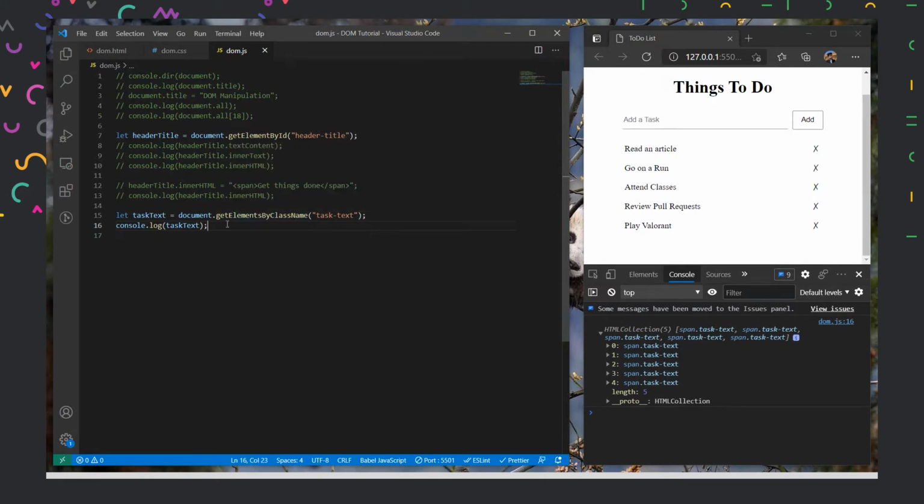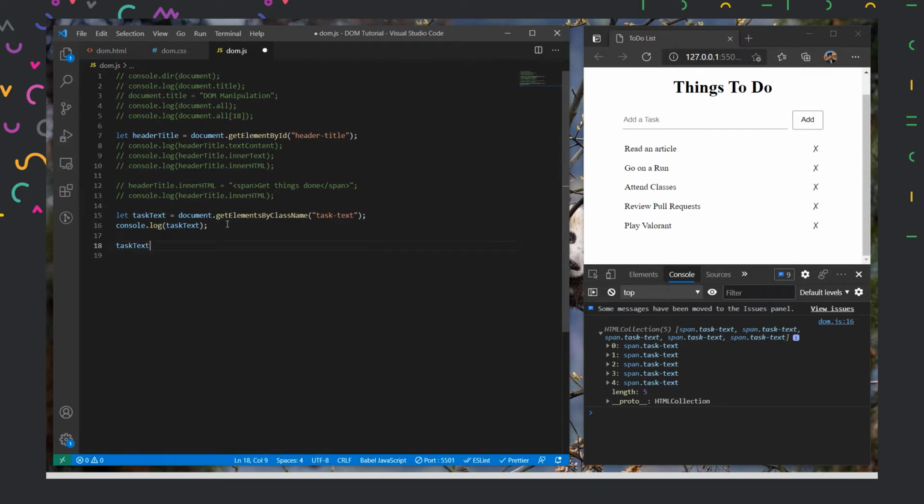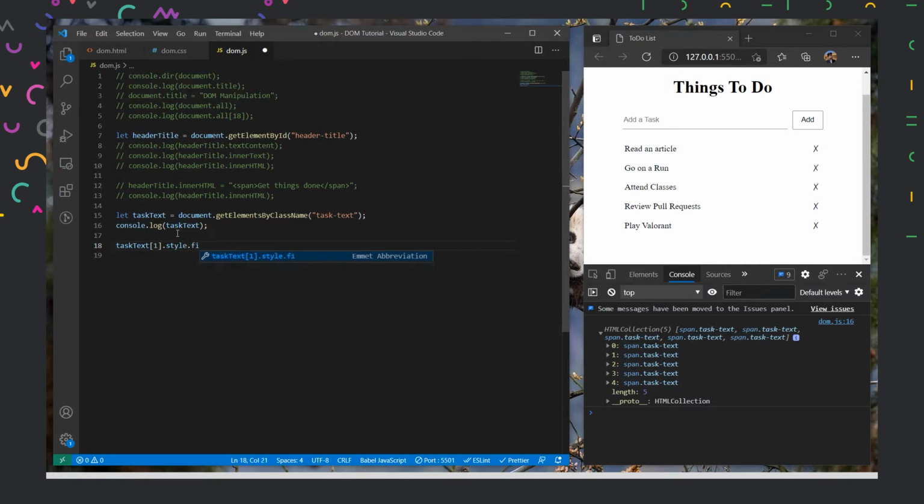So if I show how to make manipulations again, I can do it like task text, and then I want to select go on a run. So it is index number 0, then 1. So I'll give it as 1. And then inside this, let's say I want to change its font weight. So I want to make it bold. I could use the operator style over here. It will change all its CSS properties. So if I put style dot font weight,